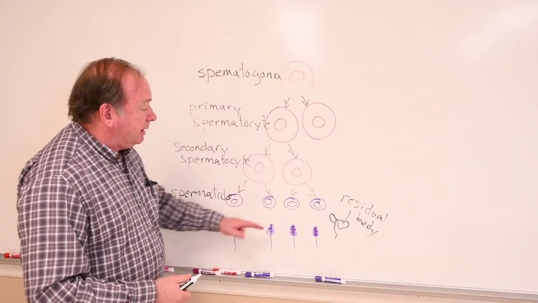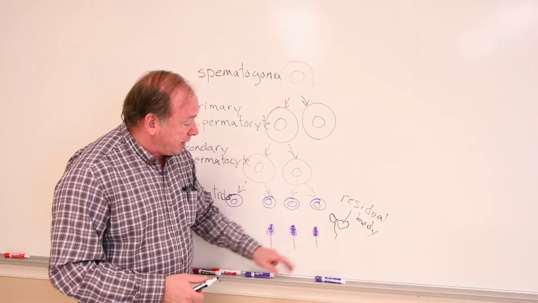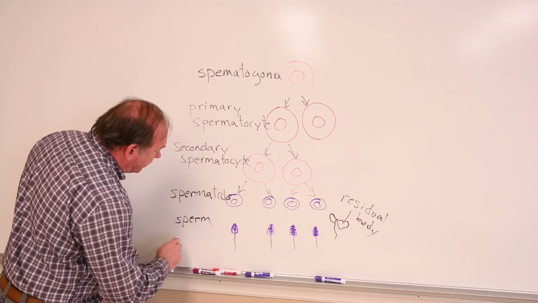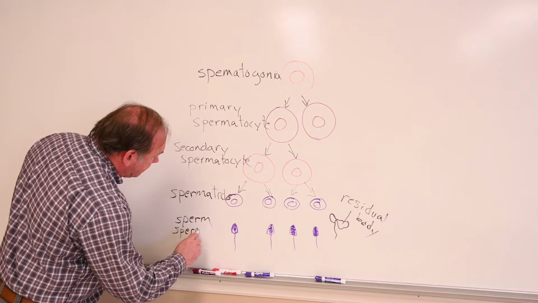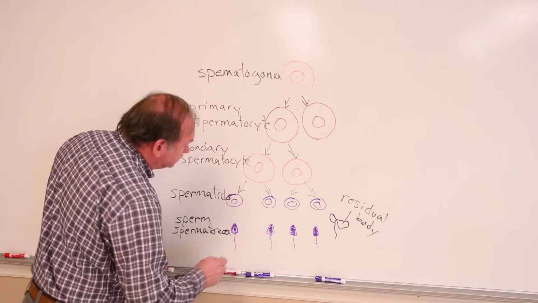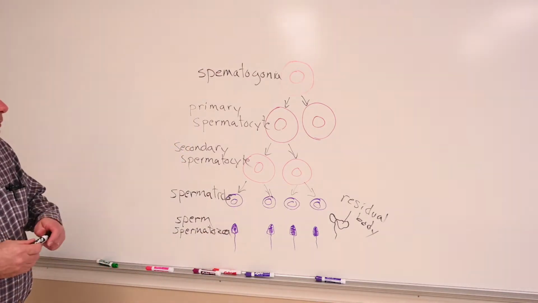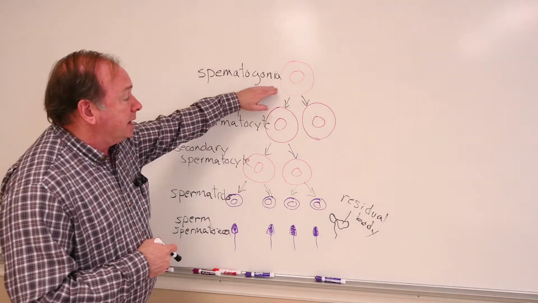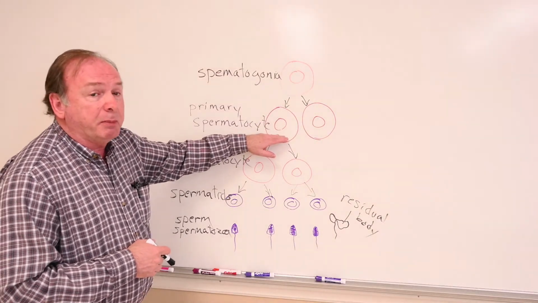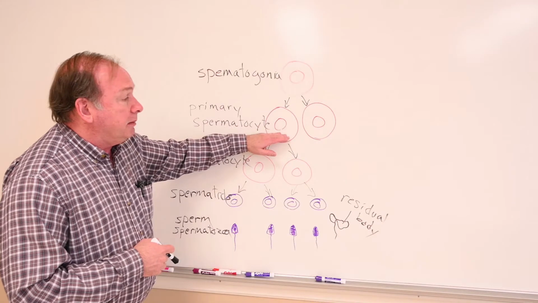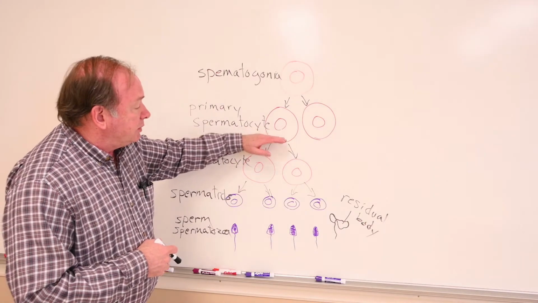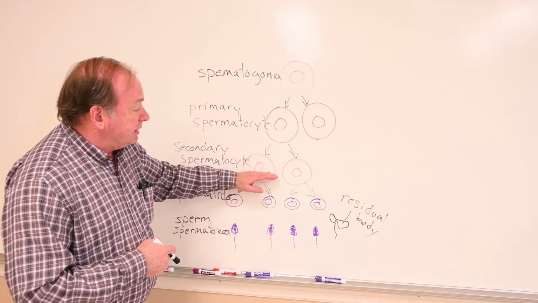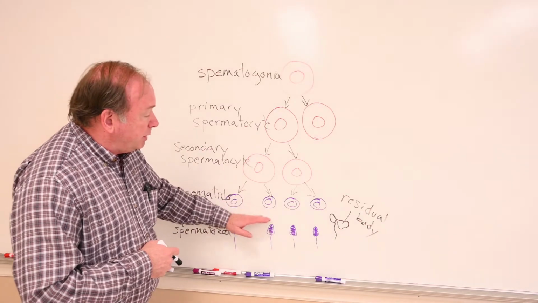So each spermatid loses its residual body in the process of transforming into a mature sperm, or we can call those spermatozoa. Either way, those are the stages of spermatogenesis. Cells divide mitotically. Some of those cells become primary spermatocytes that enter the first meiotic stage of division, to go from a diploid to haploid state. Then those haploid cells divide again to form spermatids. Spermatids transform